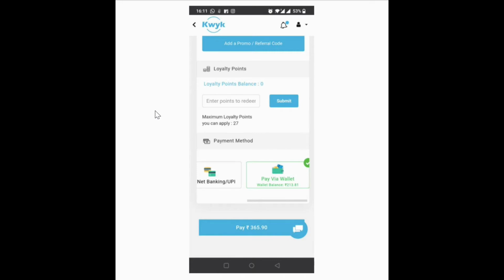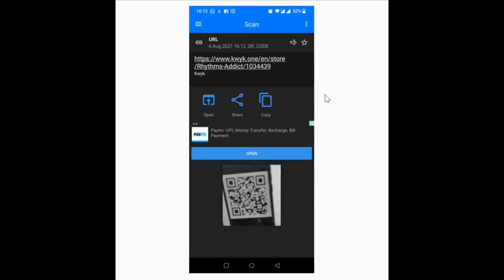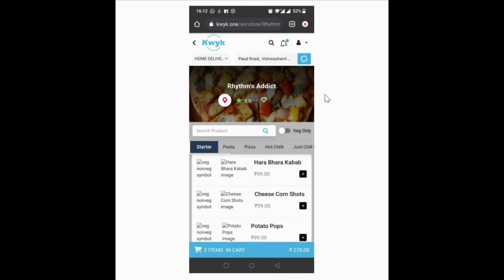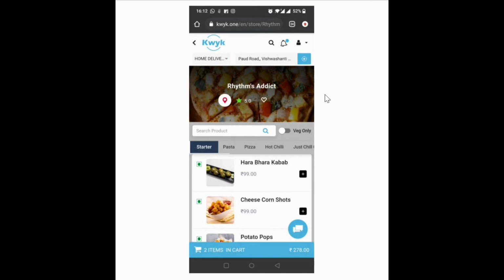The third option is the QR code option, which can be used on your packaging material, on your pamphlets which you are sending to the customers. The merchant can send it, or it can be displayed on your social media pages or shared on WhatsApp. Or it can be used as your digital menu for in-store ordering as well. So this is the third option. Now suppose I have received the QR code and I have scanned it. This will again take me to the same ordering page where I can see the entire menu and I can place my order. So these are the three different ordering channels which are provided as an all-in-one solution in Quick Order.